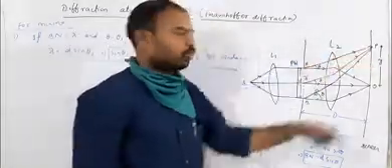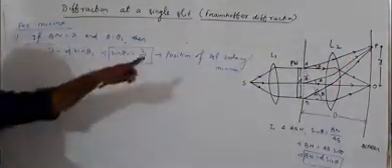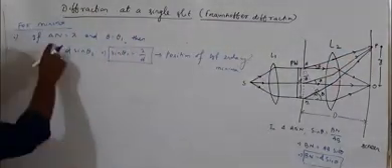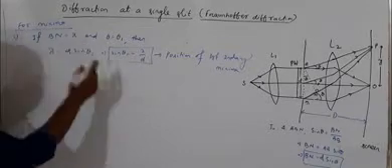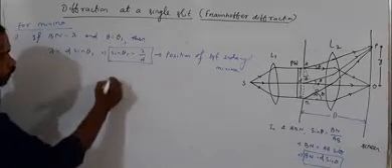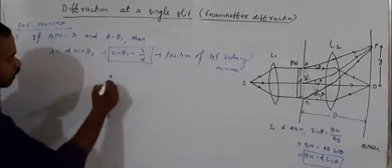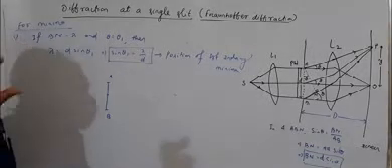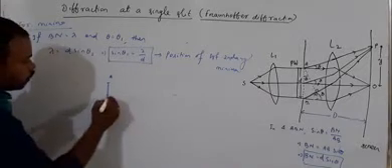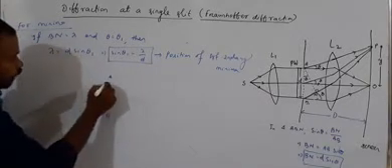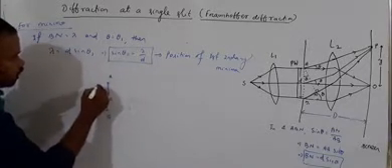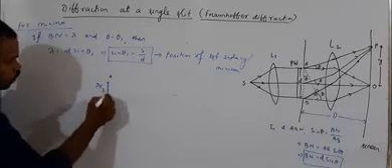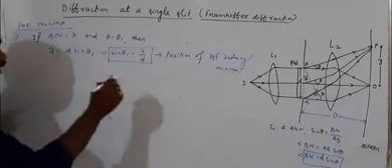Why is this minima? You see here, when path difference BN equals lambda, suppose this is the slit width AB. AB is the slit. In this case, the slit is assumed to divide into two equal parts. Suppose I name this point C. That means from A to C, this distance you can write as lambda by 2. From C to B, this distance also you can write as lambda by 2.